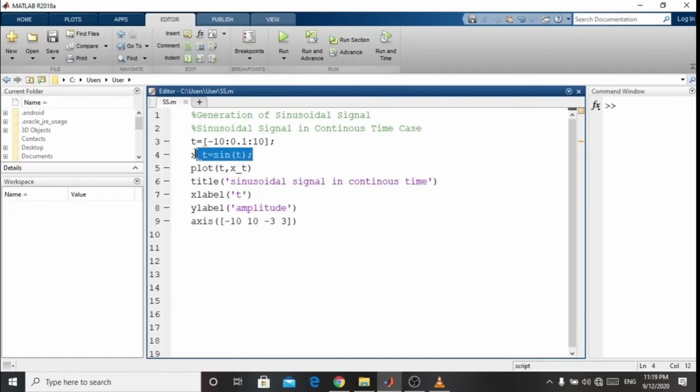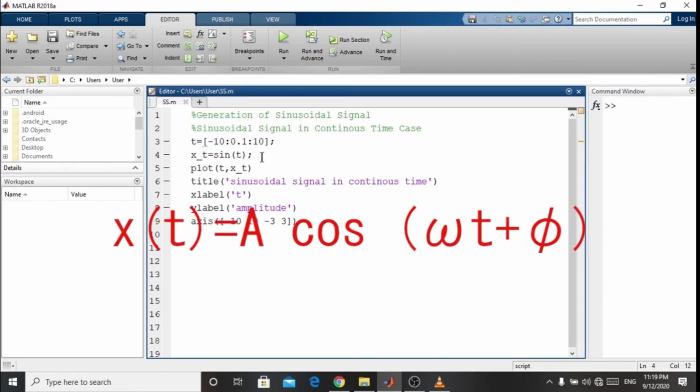Here you can see that the signal has an amplitude of 1, angular frequency is unity, and phase angle is 0. Another way to represent a sinusoidal signal is x of t is equal to A cos omega t